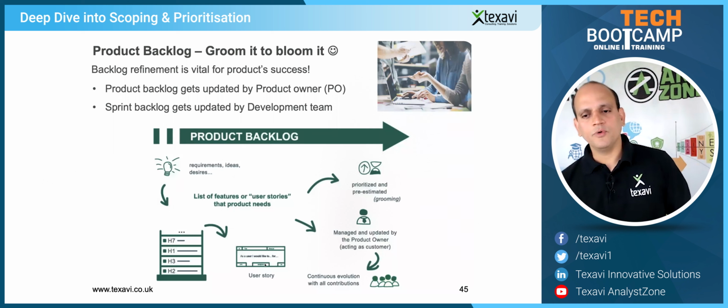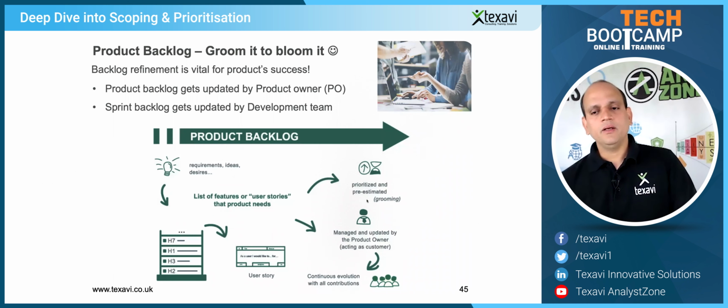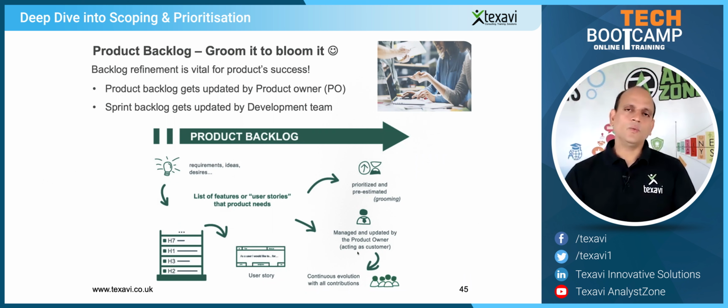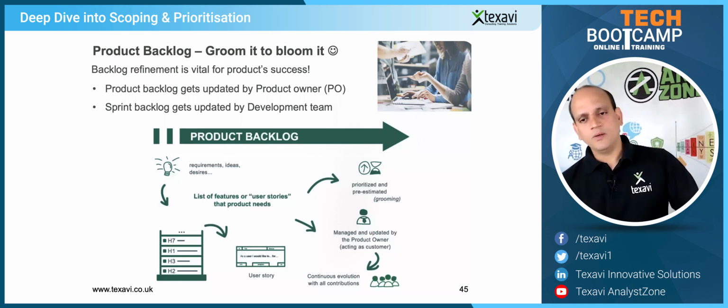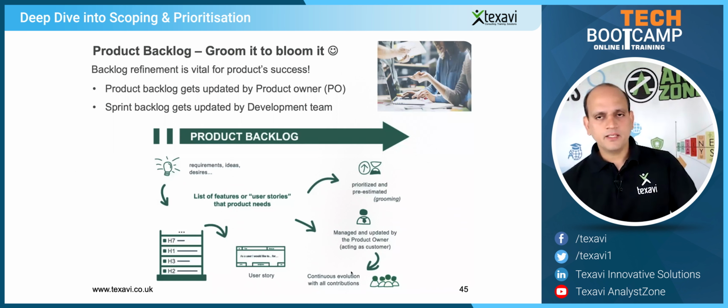Those items that are moved into the sprint backlog are prioritized and then estimated by the team. That's called grooming. And then they work in tandem as a team, and that gets delivered by the end of the sprint. And again, this continues, right? That's the continuous development we were talking about: continuous development, continuous delivery, continuous integration, and continuous improvement of the